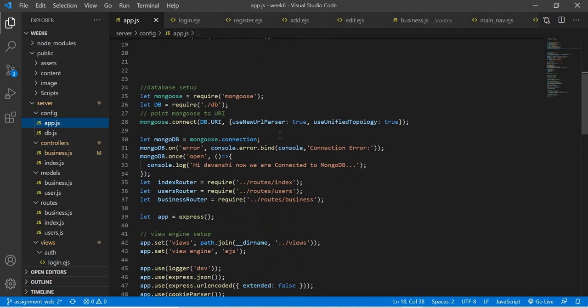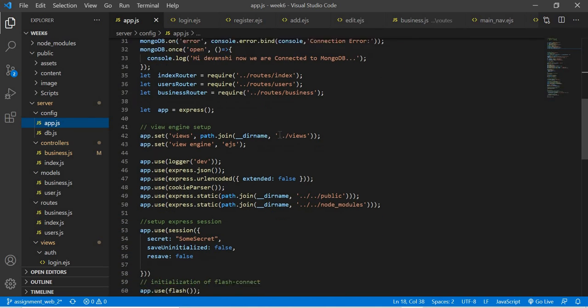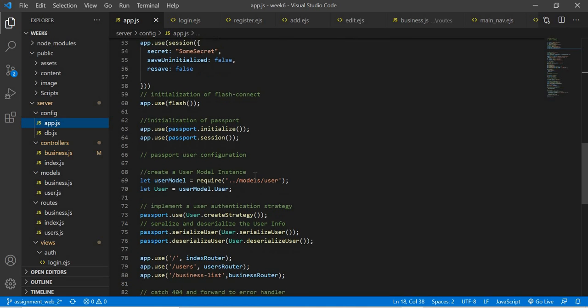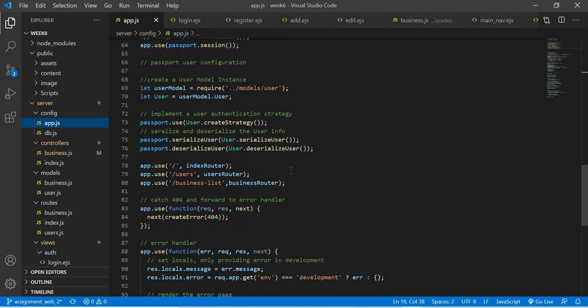So now let's see what passport.serializeUser and passport.deserializeUser are. In the app.js file, here we have implemented serializeUser and deserializeUser. So what are they? They are used to set the ID as a cookie in the user's browser, and to get the ID from the cookie, which is then used to get the user's information in a callback.